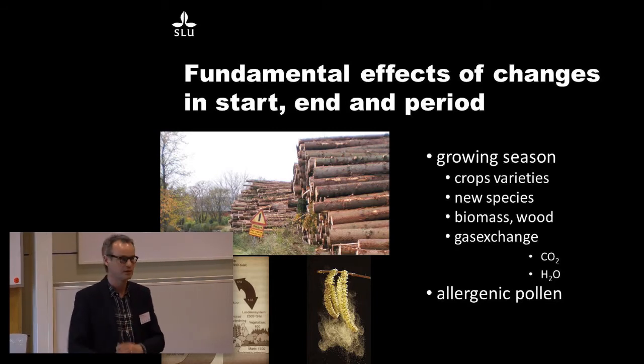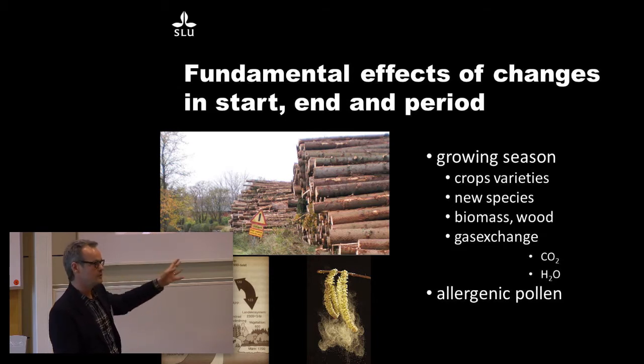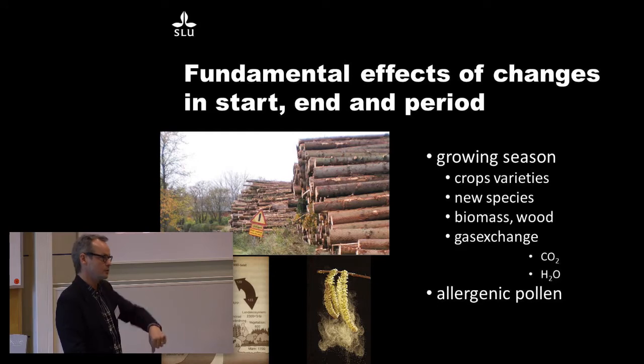I mean, an early spring like this, which by the way is extremely early, we all expect plants to come earlier, right? That's trivial. But they have fundamental effects. So if the growing season changes, the growing season is a fundamental ecological or ecosystem property, right, for any spot in the world. And it affects many, many things, all from agriculture and forestry,